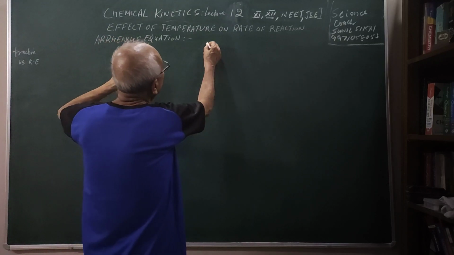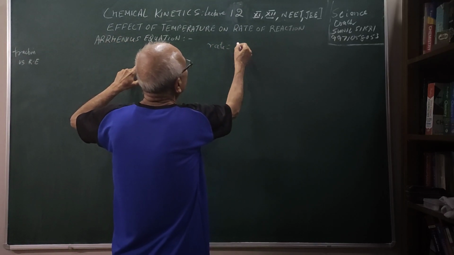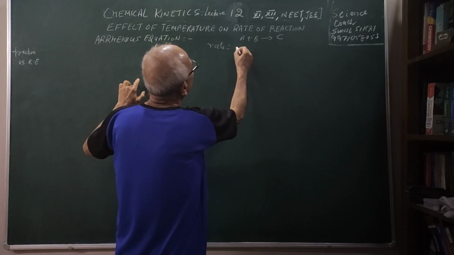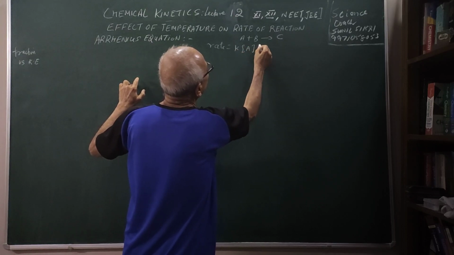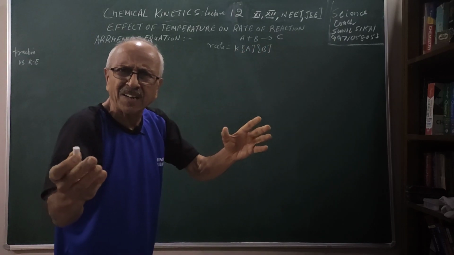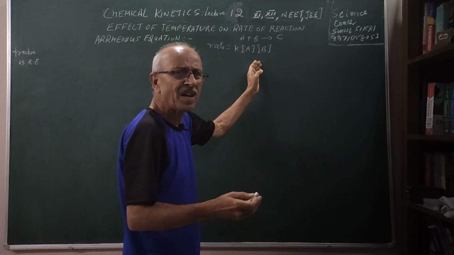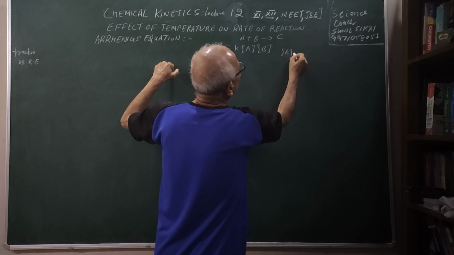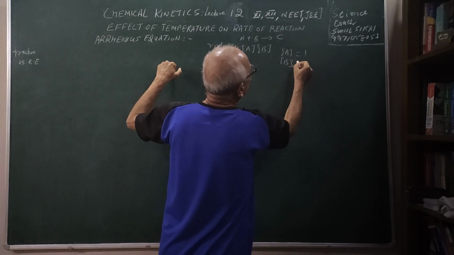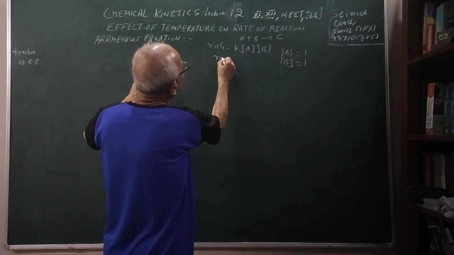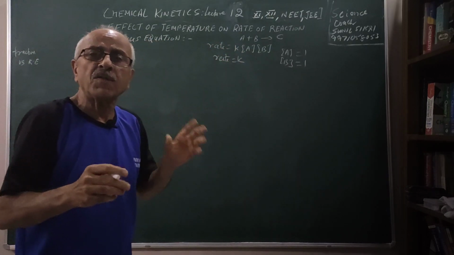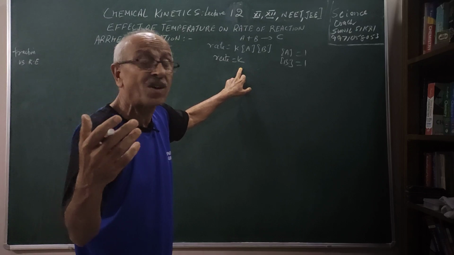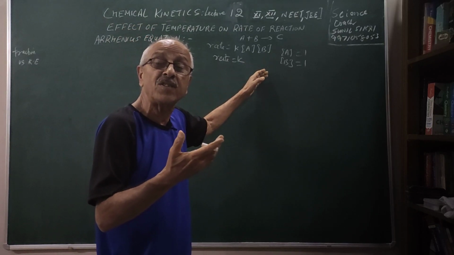Now, how do we define the rate of a reaction? For example, if I have a reaction A plus B gives me C, then we said the rate of the reaction can be expressed in a form like this. If it is an elementary reaction, then the rate can be expressed in this form. Now if the concentrations of A and B are unity, then the rate becomes equal to K. Therefore, if the rate increases, the K also increases. The rate constant is a measure of the rate of the reaction at concentrations unity.